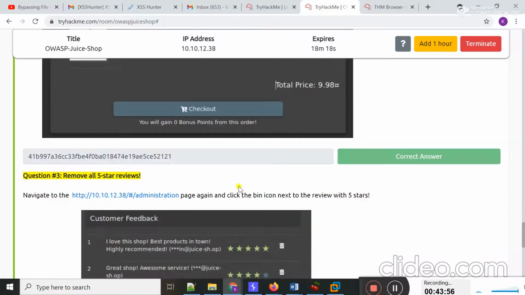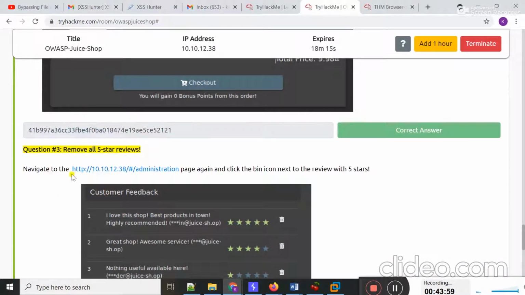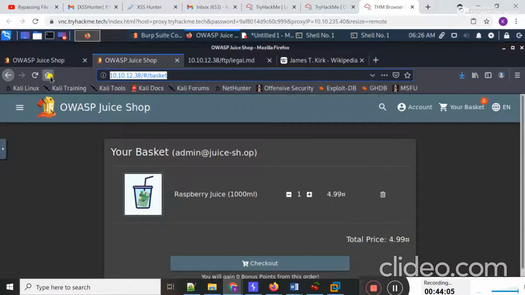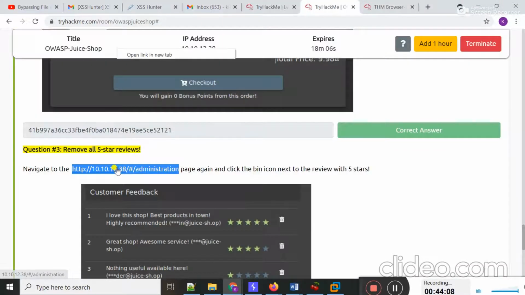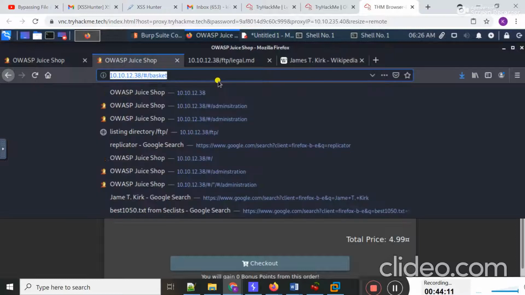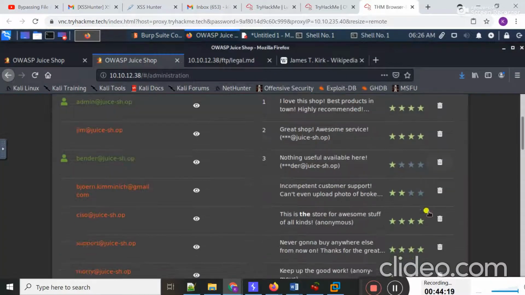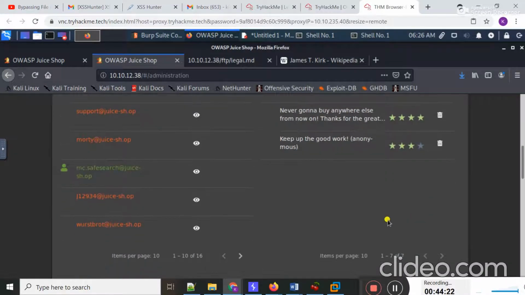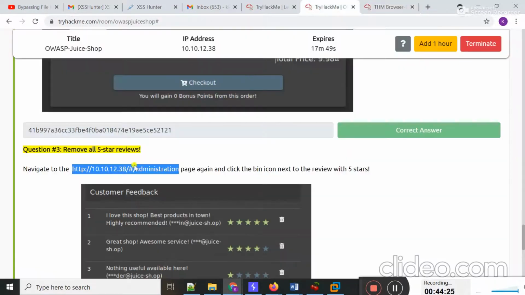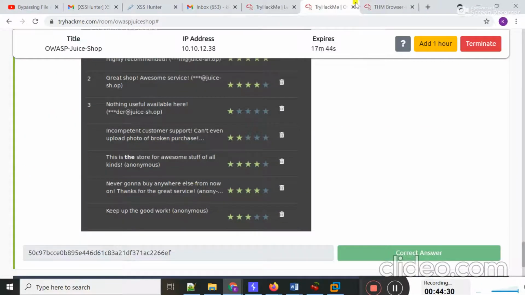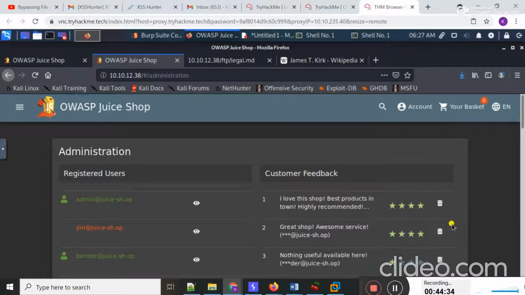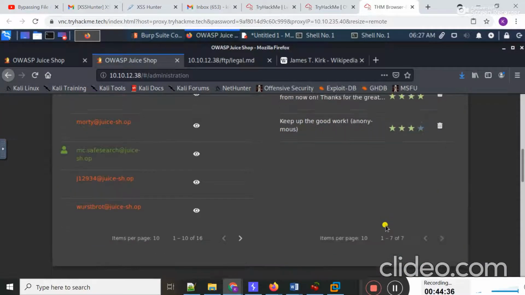Okay, let's move to question 3. Remove all 5-star reviews. Okay guys, if I move to this URL that is related to the administration, I'm going to copy this URL and paste it here and hit enter. You can see some feedback pages are present here, and I have to remove all 5-star reviews. Okay, here 4-star reviews are present. All these are 4-star.